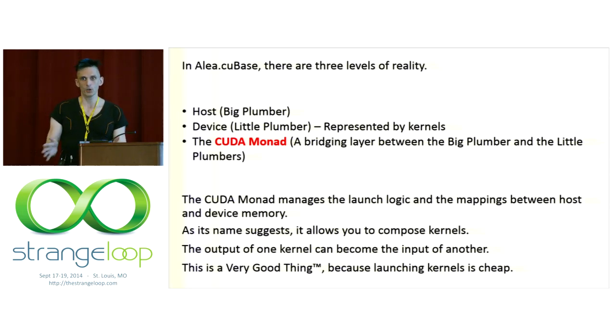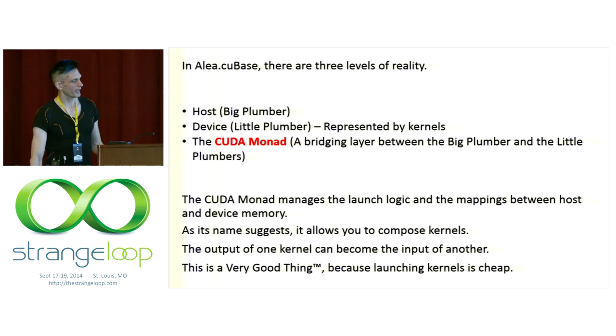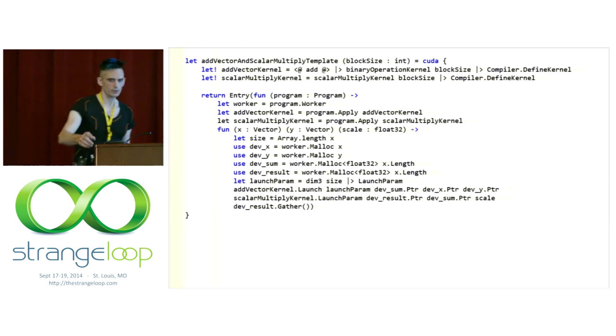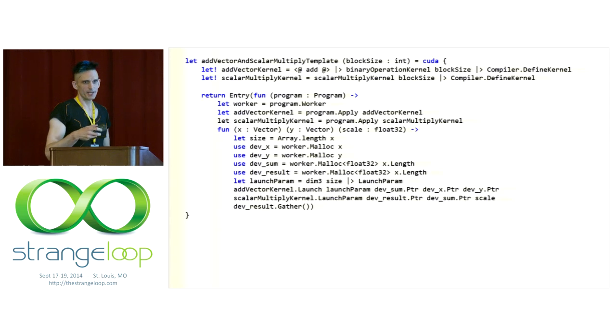But if in your main loop, all you're doing is launching kernels and using the output of the previous step as the input of the current step, then you're in really good shape. I think it takes about 70 microseconds to launch a kernel. So this is immediately a good thing. And let's look at a quick example of this. This is the kind of thing that does happen in my code. If there's time at the end, I will show you some of the code base of the deep belief net that I'm working in. So if you imagine you want to add a vector